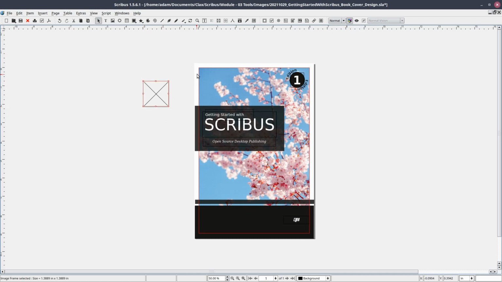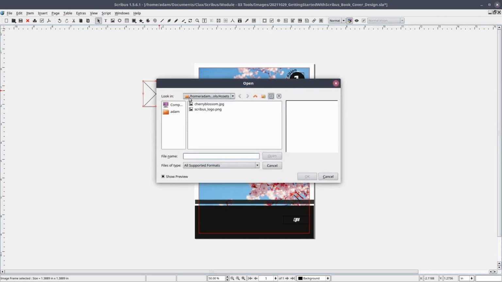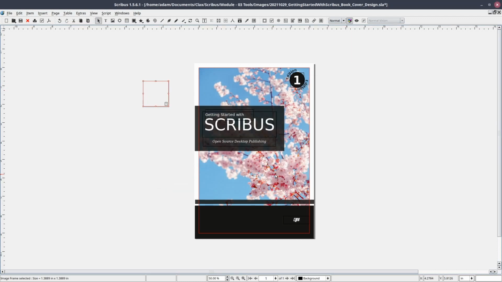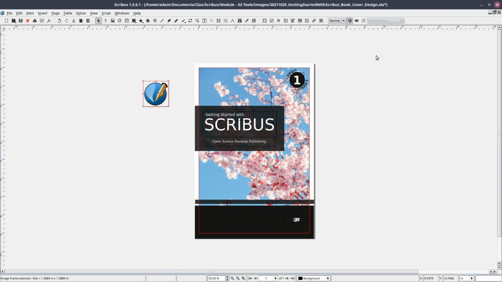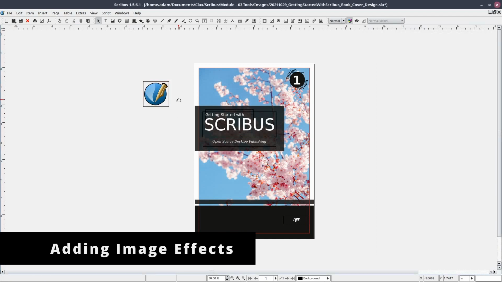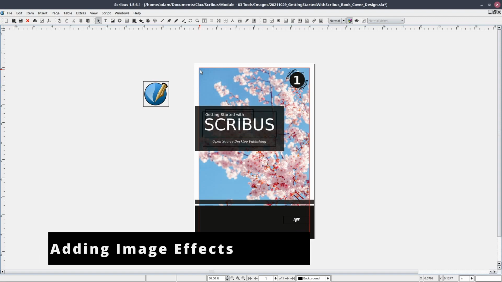We'll press I on the keyboard and draw the rectangle for our image frame. Then we'll use our computer mouse and double-click on the frame to open the modal menu and select another image. And like before, we'll open the frame's Content Properties menu, and under the Scaling section, we'll select the To Frame Size option. Alright, with this new image, let's take a closer look at adding effects.